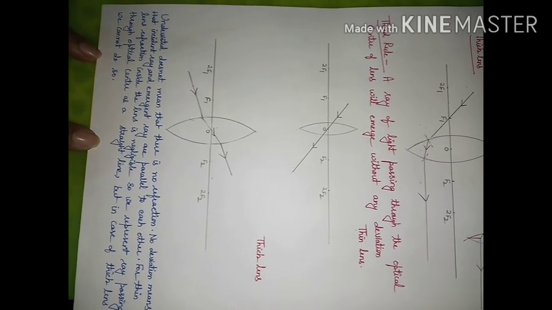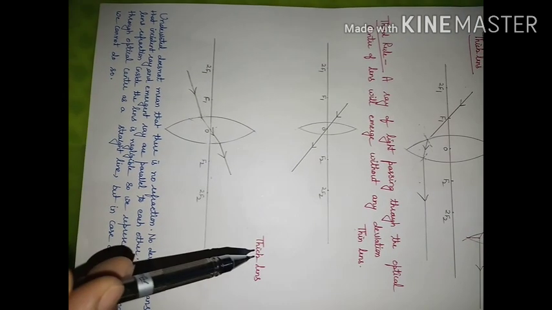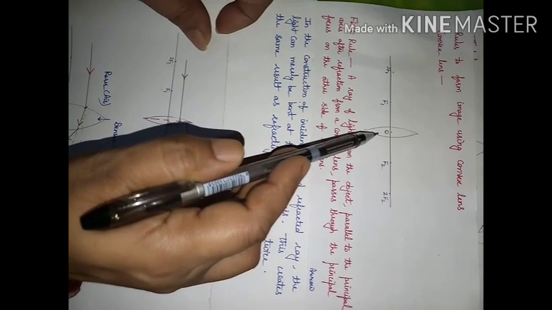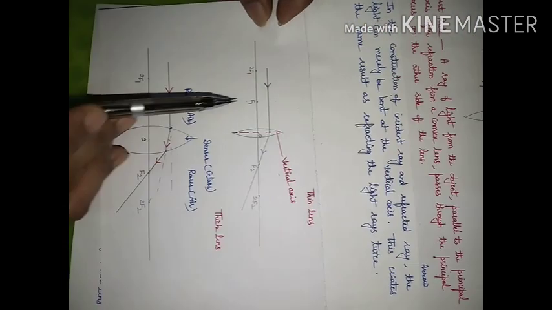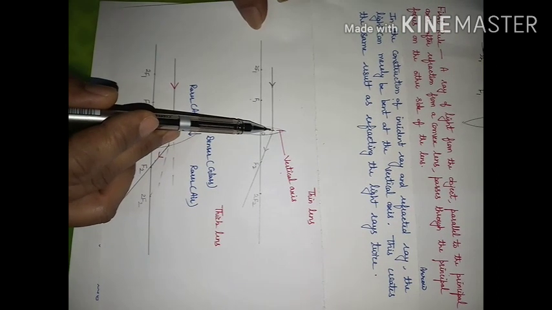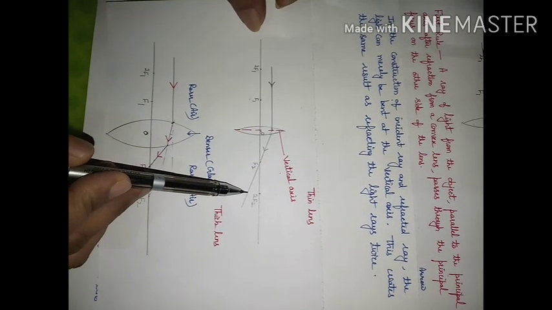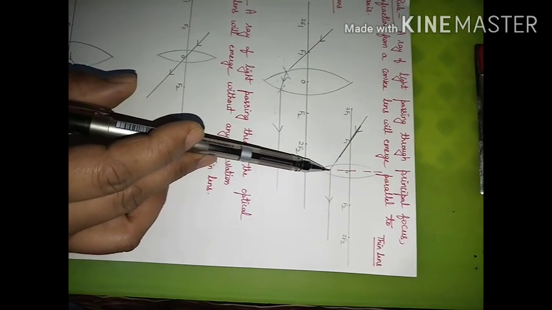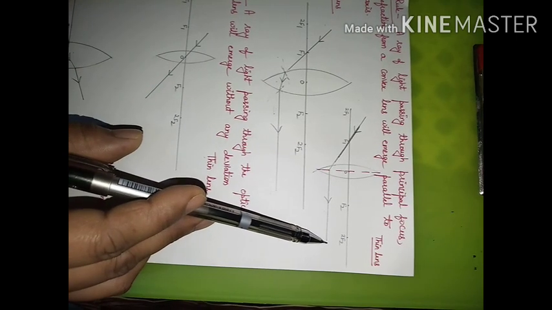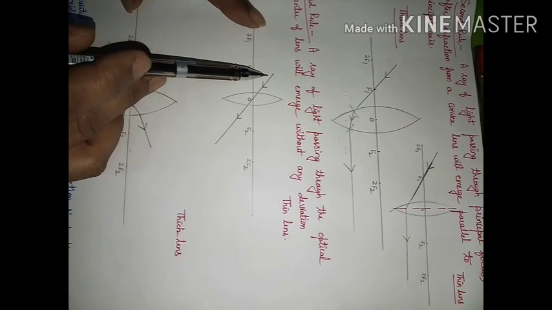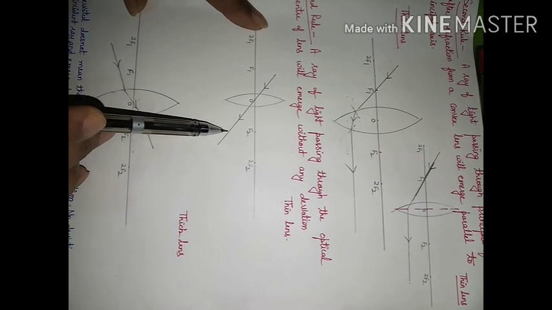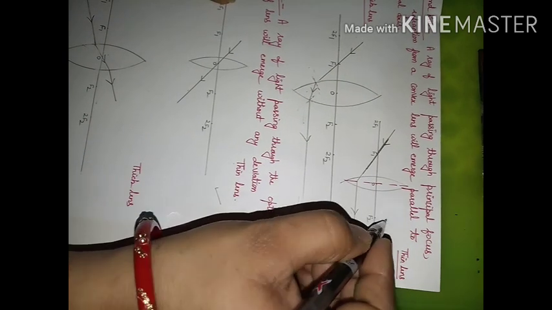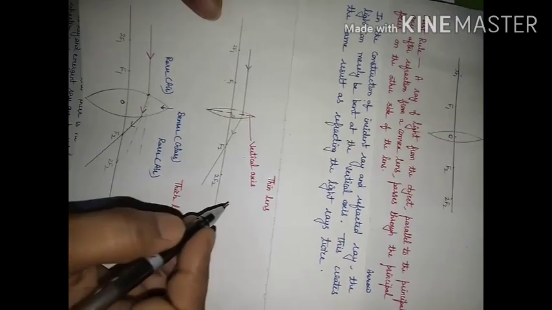So when you are going to draw a ray diagram using a convex lens, we will consider a thin lens. So where you have to focus, you should know how to draw a convex lens. Then a ray of light parallel to the principal axis after refraction will pass through the focus. Then a ray of light initially passing through the focus after refraction will become parallel to the principal axis. Third, a ray of light passing through the optical center will go undeviated. So in the next video when we draw ray diagrams, we will consider this point and this point.